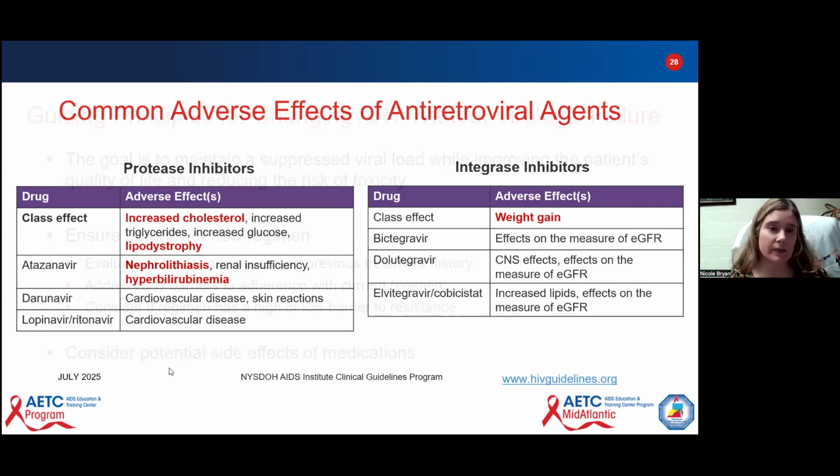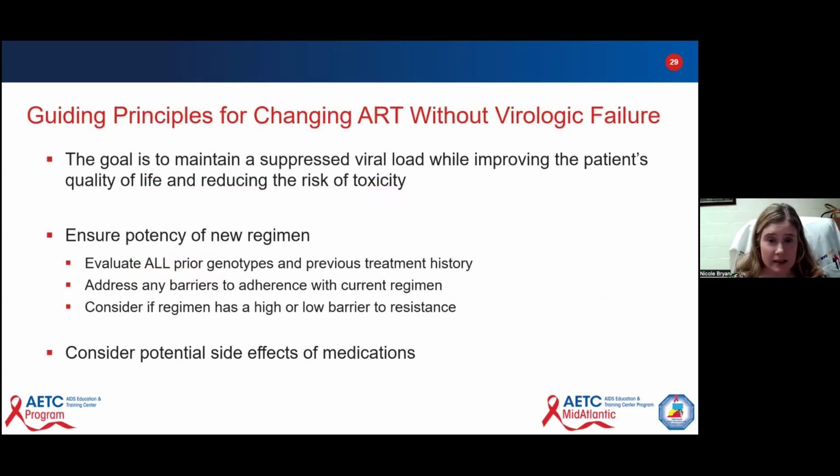So the guiding principles really are to maintain that suppressed viral load, but also help with the patient's quality of life and decrease the risk of toxicity. This is the most common reason today why we would change somebody's HIV regimen. It really has more to do with improving quality of life, reducing toxicity, and making it easier for them to take. Most new regimens are going to have pretty good potency, but to ensure that,